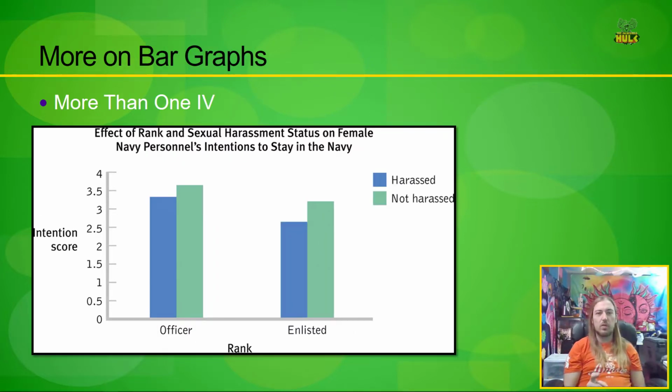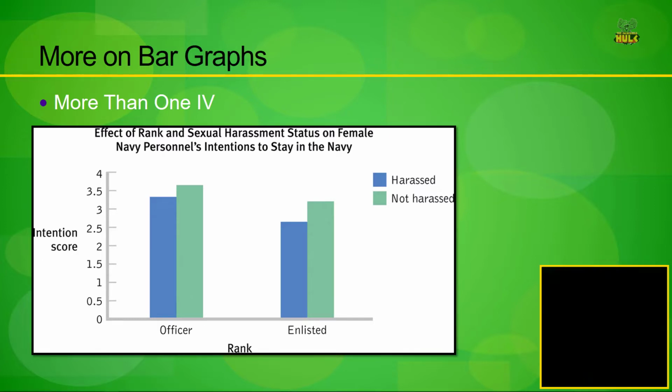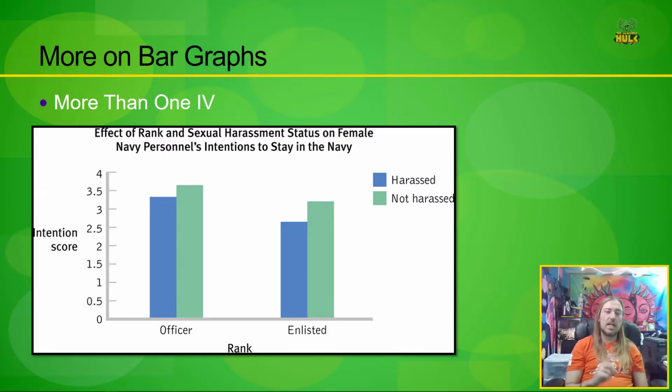same exact graph. So what if we looked at the same data, but now we look to see whether the difference in harassment and non-harassment is different between those who are merely enlisted versus those who are officer rank. And now we see that that difference between the green and the blue bar is slightly greater for enlisted officers, or excuse me, enlisted naval personnel as opposed to officers. Right? And so again, an independent variable of harassment versus not harassment paired alongside the independent variable of officer versus enlisted. So bar graphs are powerful for being able to represent more complicated data than some other types of graphs